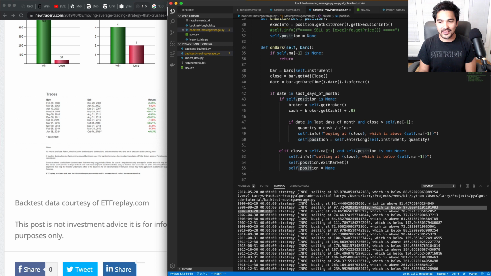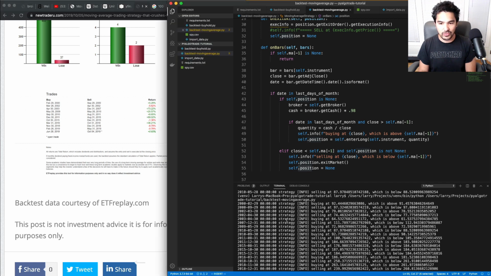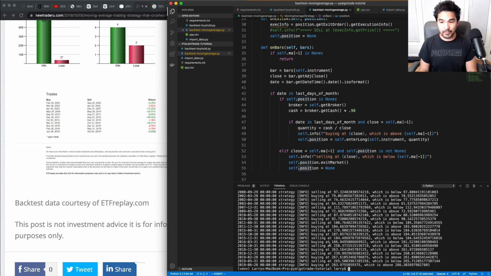And then my sell executes on September 29th. Sell September 29th, enter March 28th, 2002, and so forth. So you see we're closely matching what he actually did here, right? And so those are my buys and sells occurring at the end of the month. Now you'll note